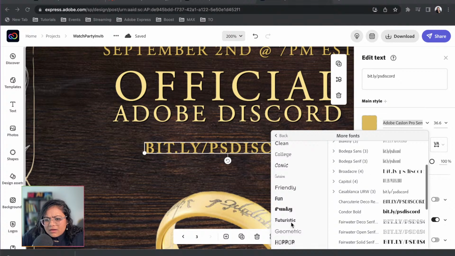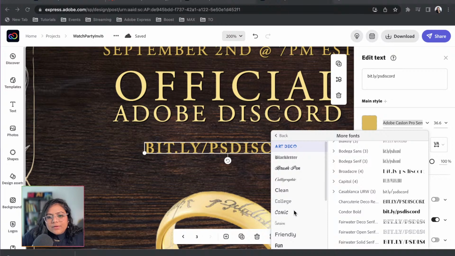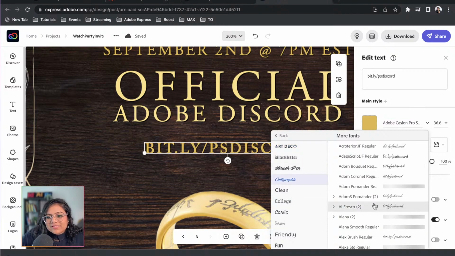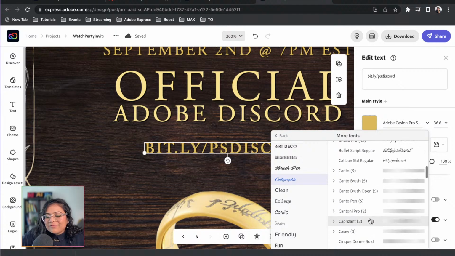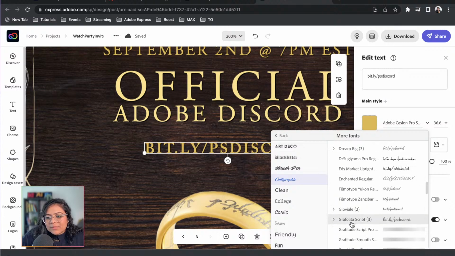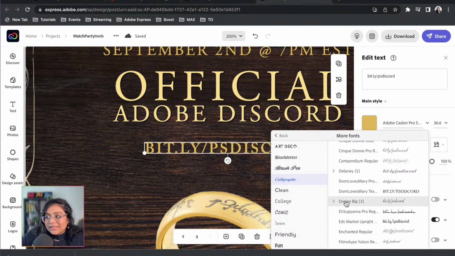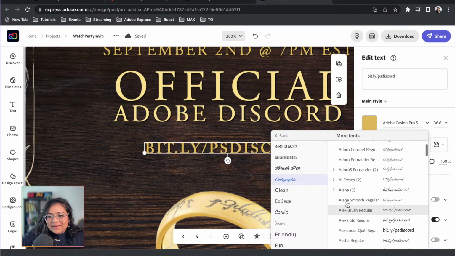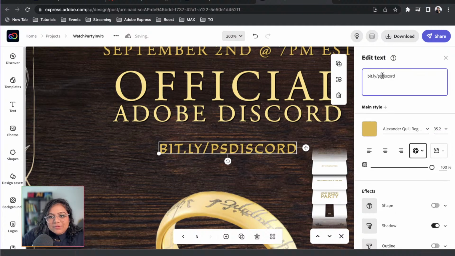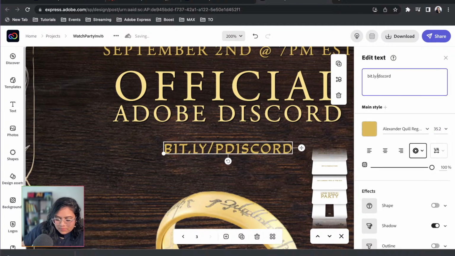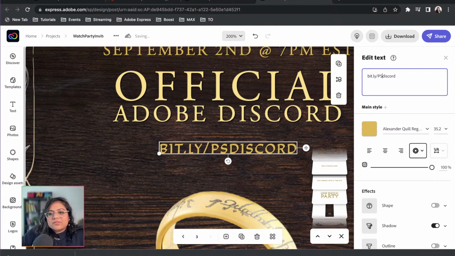Let's see. I don't know which font I should use for this. I really wanted to go with the calligraphic style. So maybe something like this. Now you have access to Adobe fonts with Adobe Express as well. And I'm scrolling really fast, which is why it's unable to keep up with my mouse scroll. But essentially you could do something like this. And then maybe this is not in all caps. Oh, it is also in all caps.